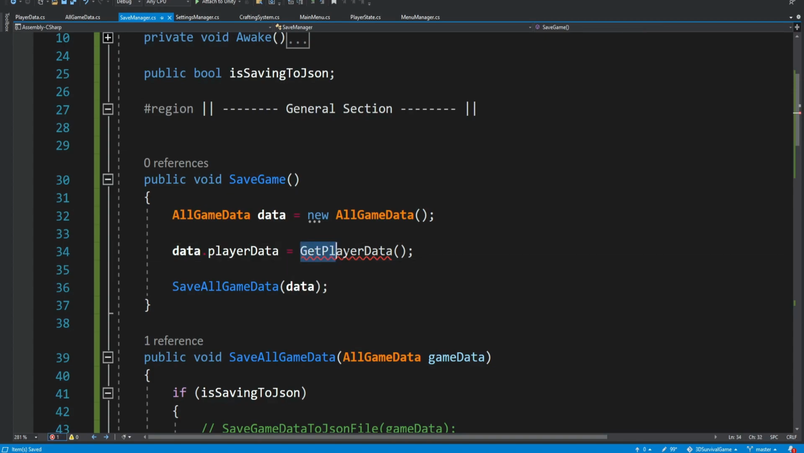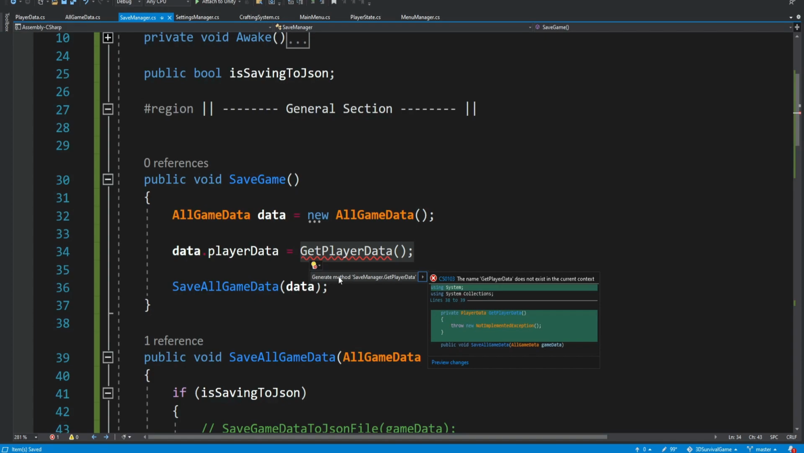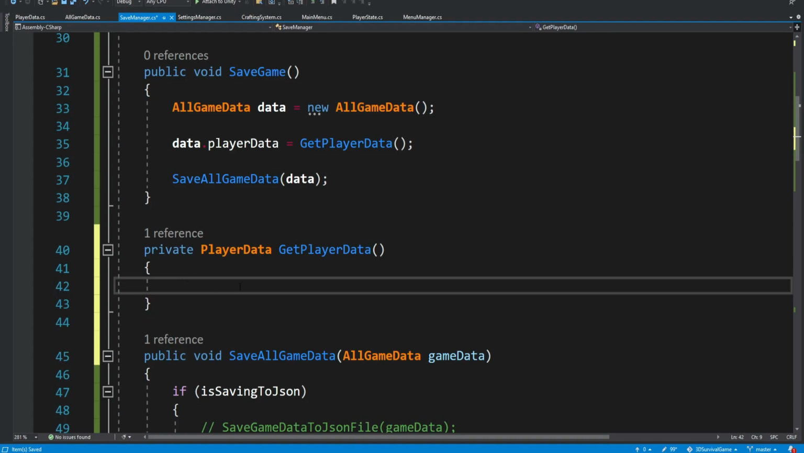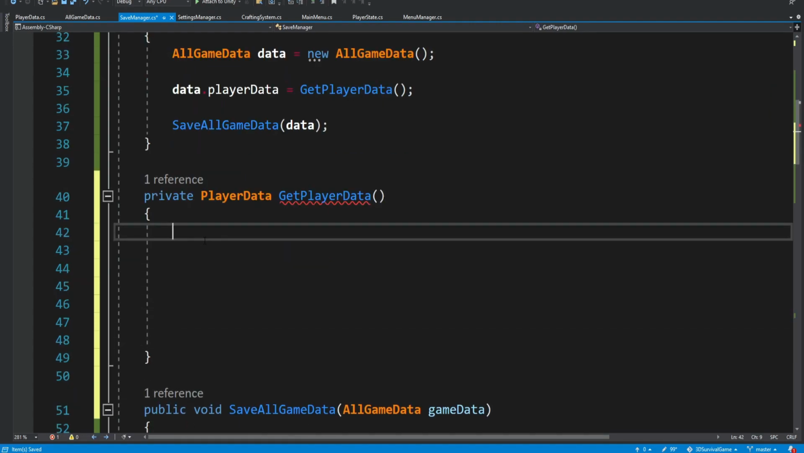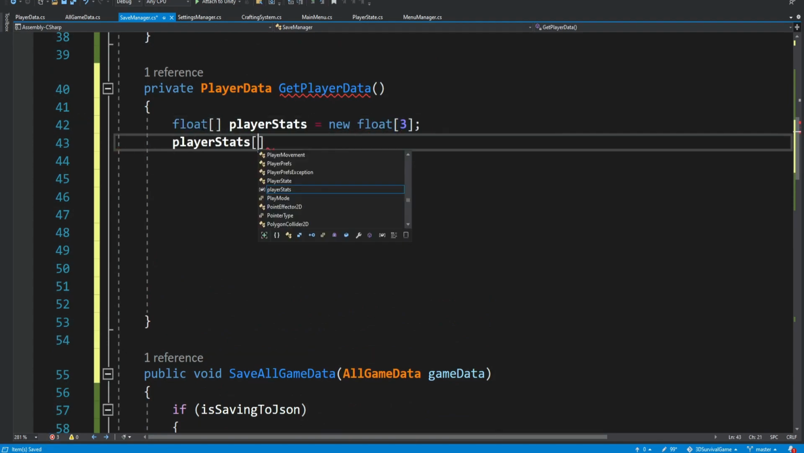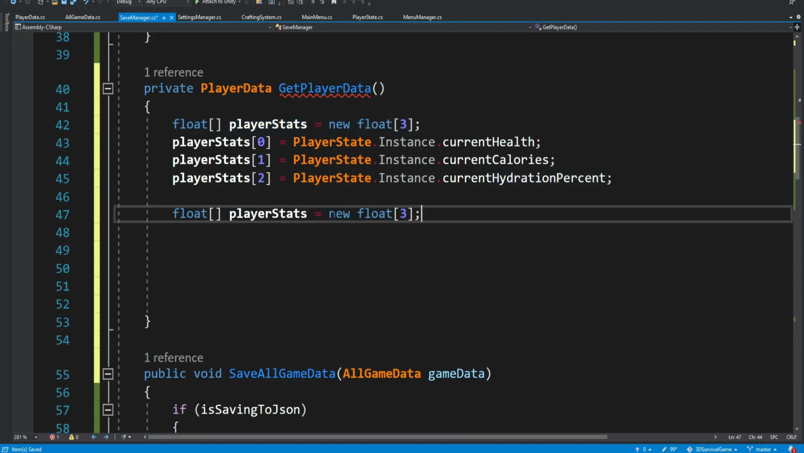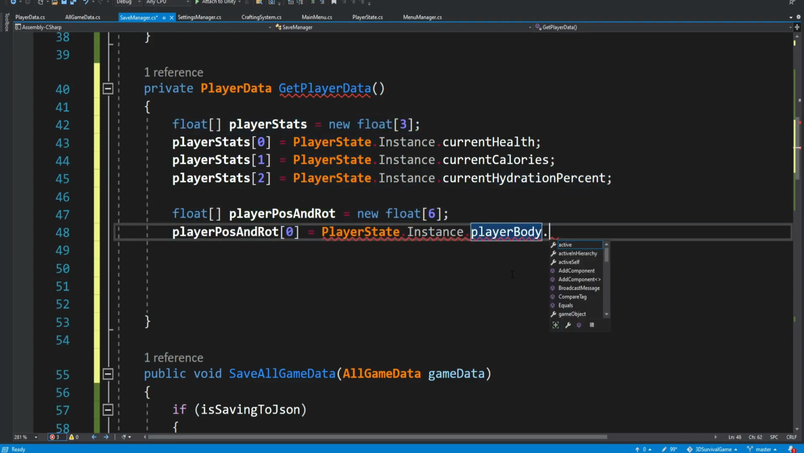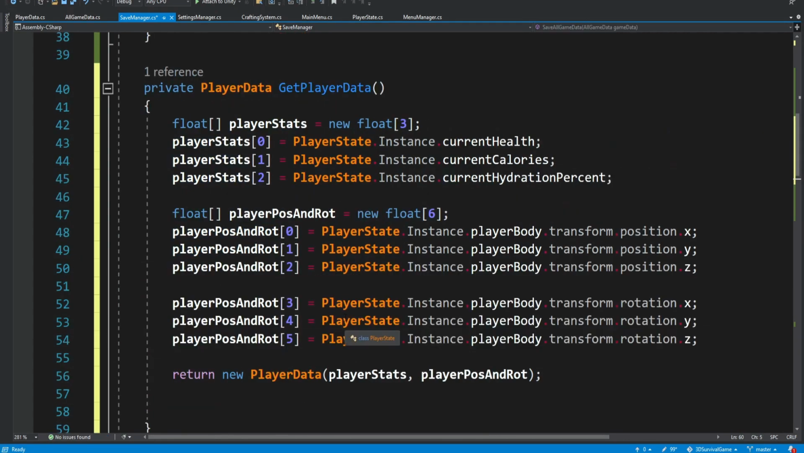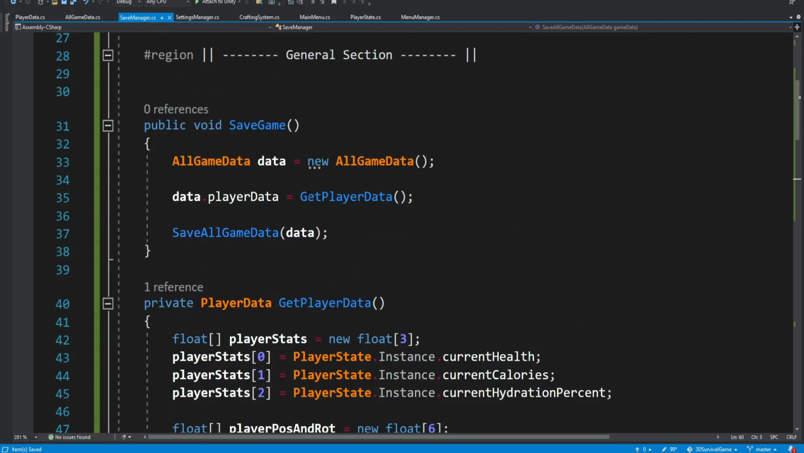So now to get the data from the scene, we are going to use this method. So we're going to create it, generate method. And this method is going to be a bit longer. So I'm going to write everything and I'm going to explain to you what is going on. So inside this method, all we want to do is return a player data object, because over here, we are